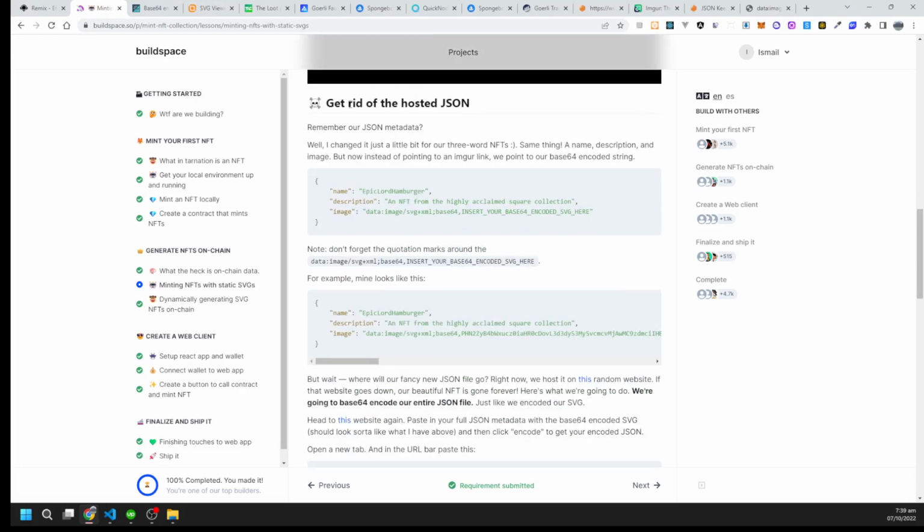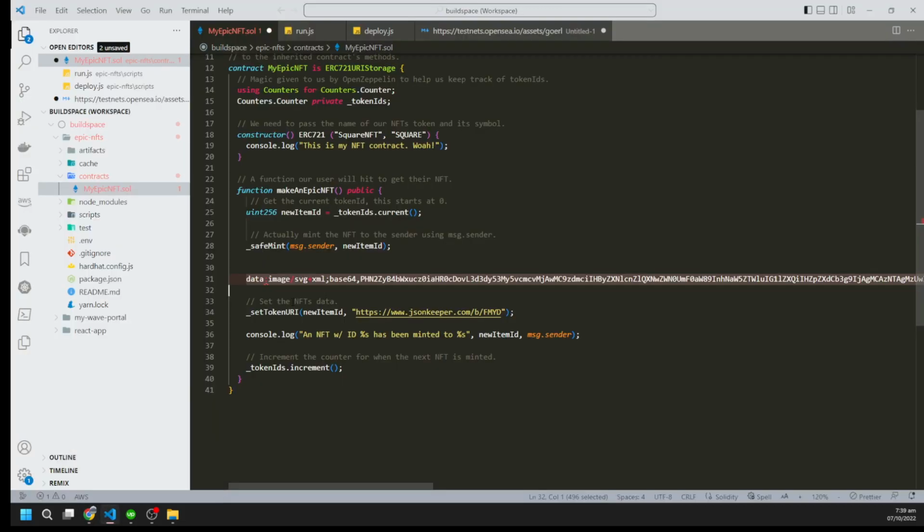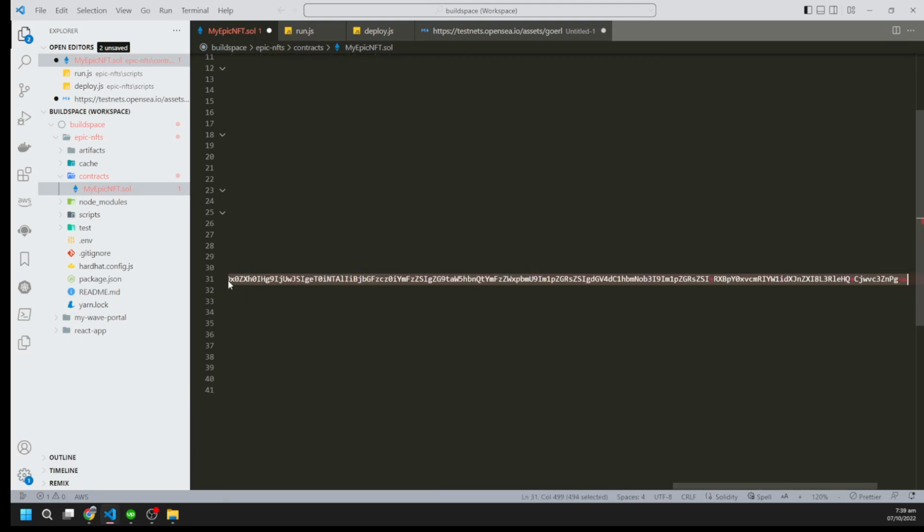Okay, get rid of the hosted JSON. Remember our JSON metadata? Well, I changed it a little bit for 3-word NFTs. Same thing, name, description, image, but now instead of pointing to the image link, we have put in the base 64 string. Okay, now change it, change that here,